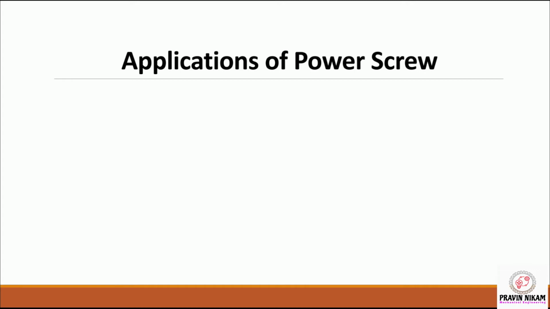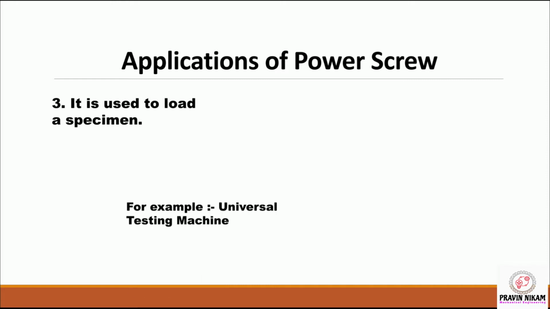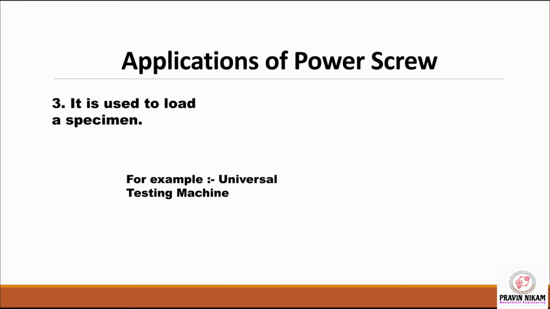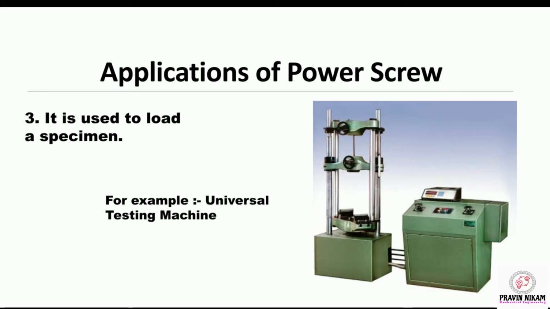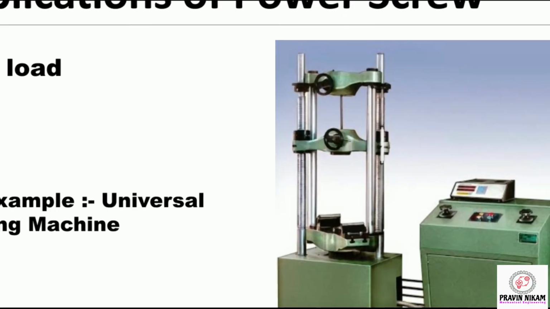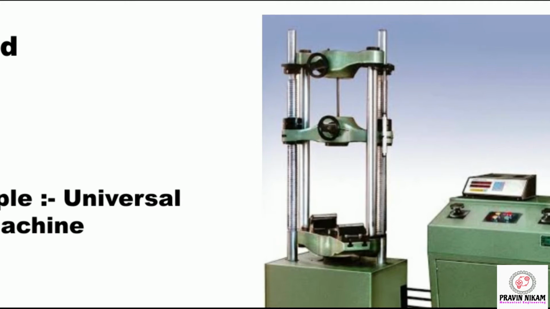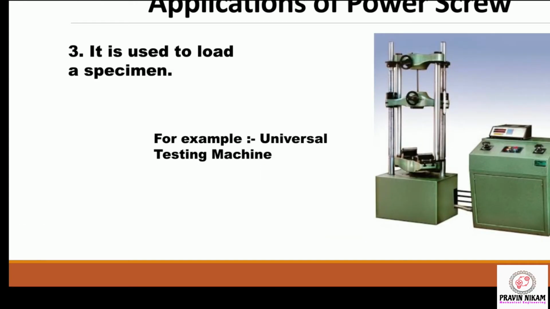Now third application of power screw is it is used to load a specimen. Example is universal testing machine. So there are two power screws present in universal testing machine. You can see in this diagram, 1 and 2 power screws are present in